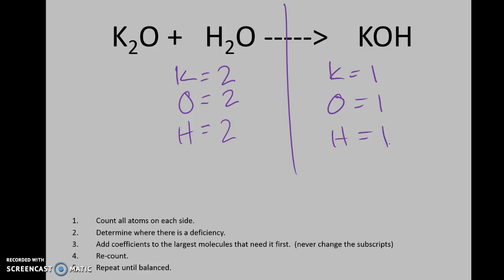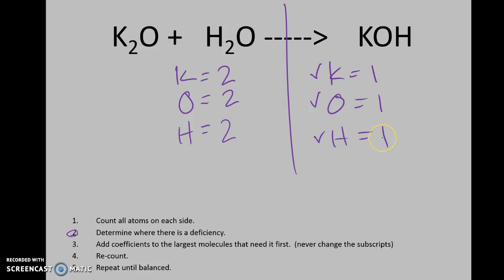Now, if you have gotten to this point and you're not really sure how to do these counts, you definitely want to refer back to the previous video, which is about counting and determining if an equation is balanced or unbalanced. This equation is unbalanced. So we are now on step 2. We're going to determine where the deficiency is. That's where there is less on one side compared to the other. So we have one here, here, and here. We are missing